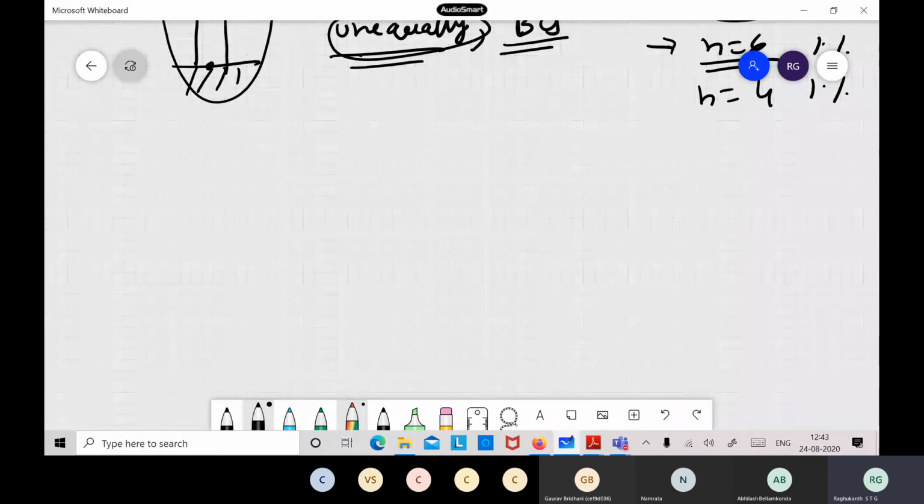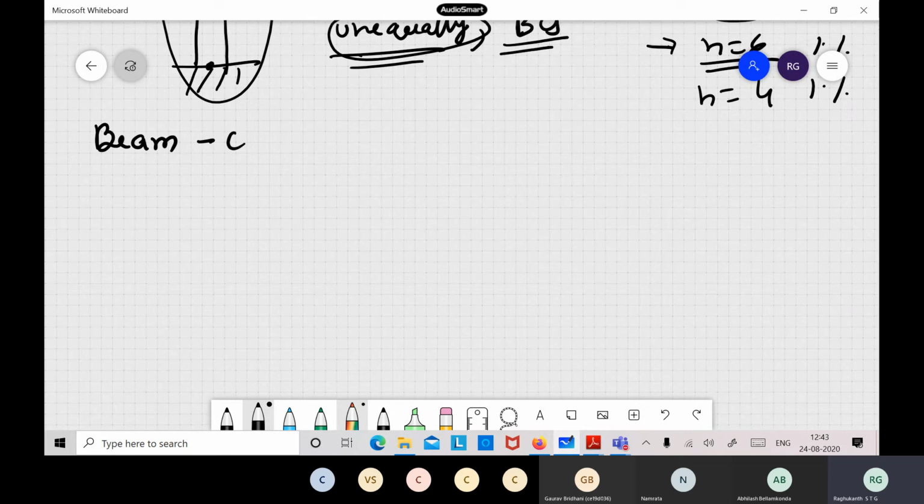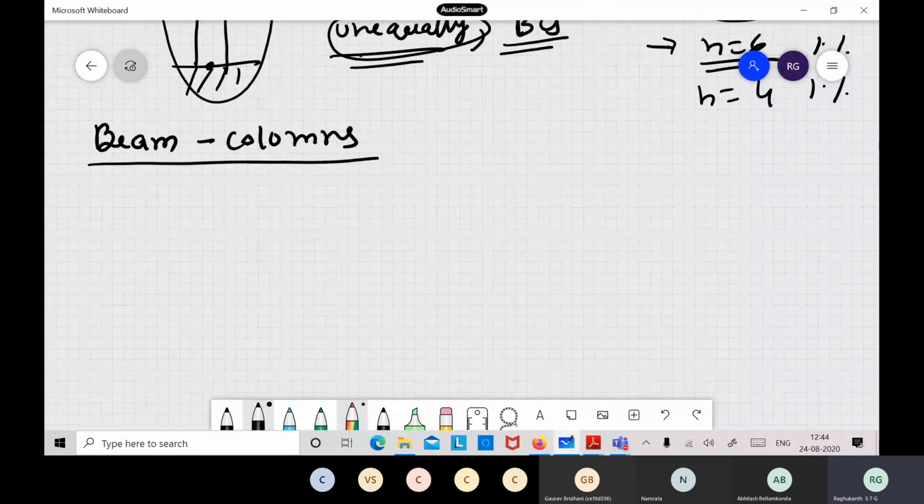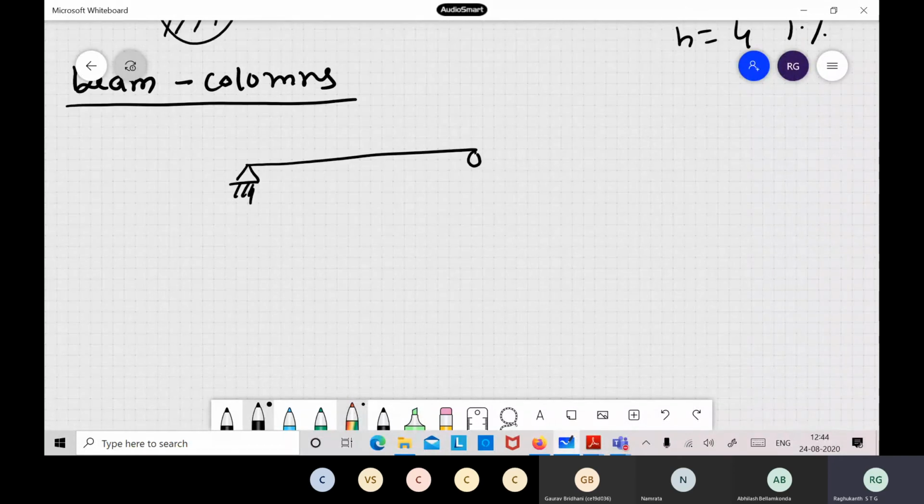So now let us see these beam columns. Already we have seen them previously, but there are some important things. The buckling is straightforward, there is nothing different here. As already we told, you have a beam column, pinned-pinned kind of thing, and we have done long back the wind pressure, which we discussed previously. Initially bent column, then eccentricity, we have said all of them are more or less similar.